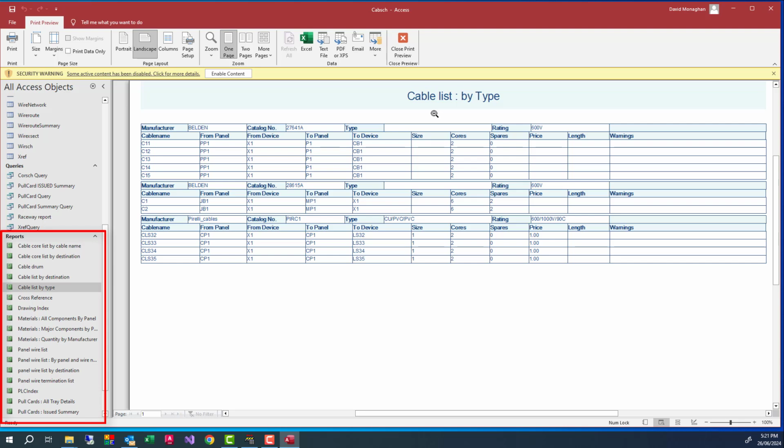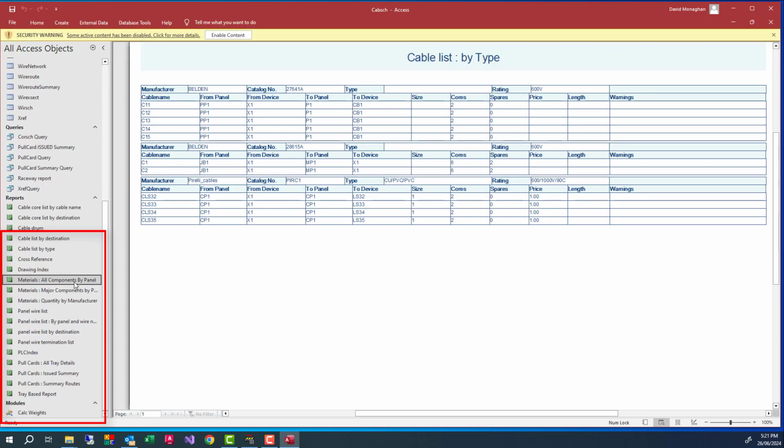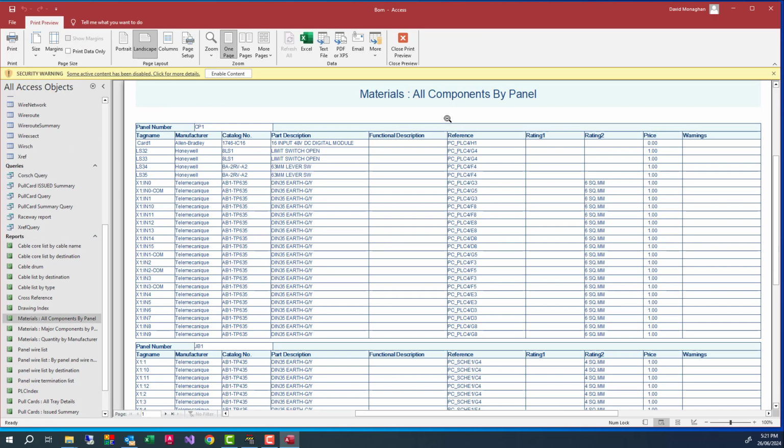A formatted materials list is provided in the EDS reports. The data is grouped by panel. This is useful for panel manufacture. In formatted reports, you can obviously change the fonts, colours, spacings, and the general layout. However, you can also filter and group the data. For example, you could list only the instrument cables in the water treatment area.